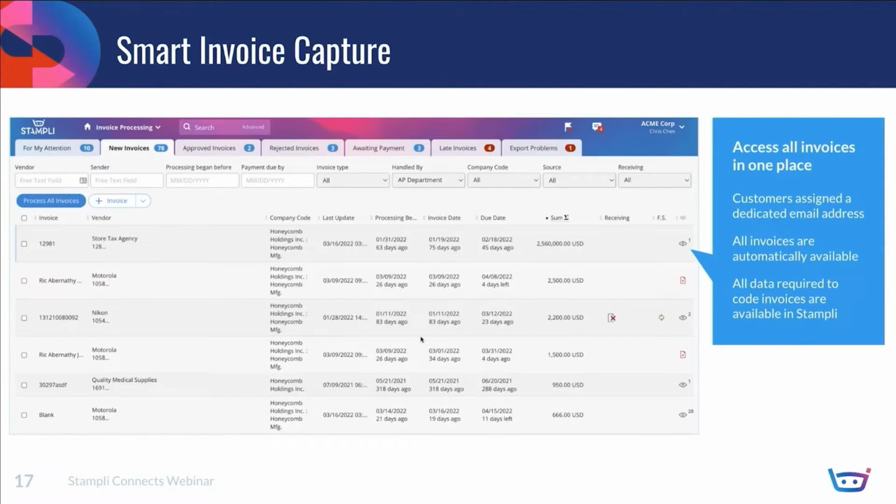So what we're seeing here is a preview of the Stampli dashboard. Right here, we're viewing the new invoices folder where all new invoices will be captured and stored within Stampli. So upon setup of your account, each customer is assigned a unique email address. So it could be, for example,